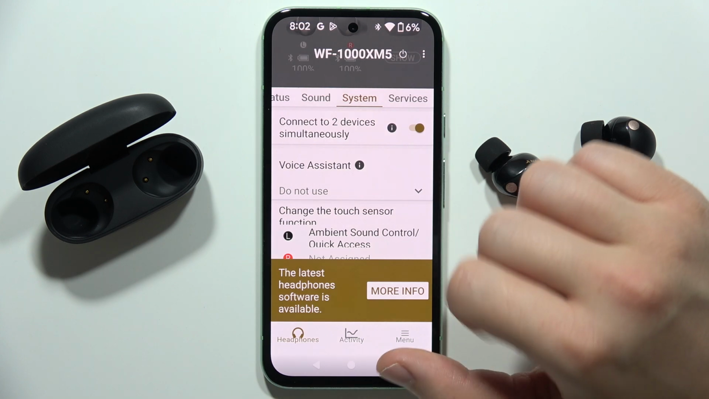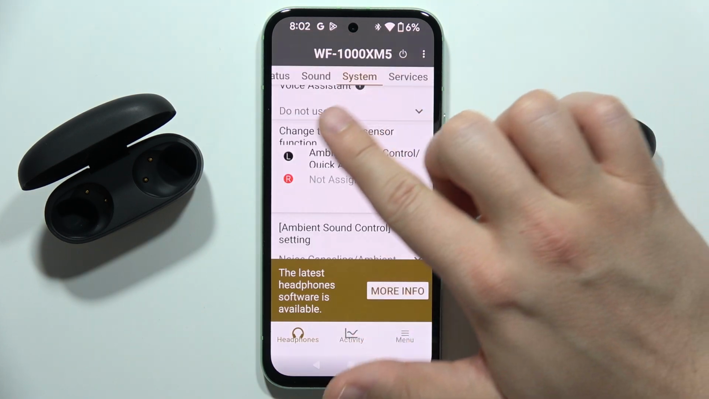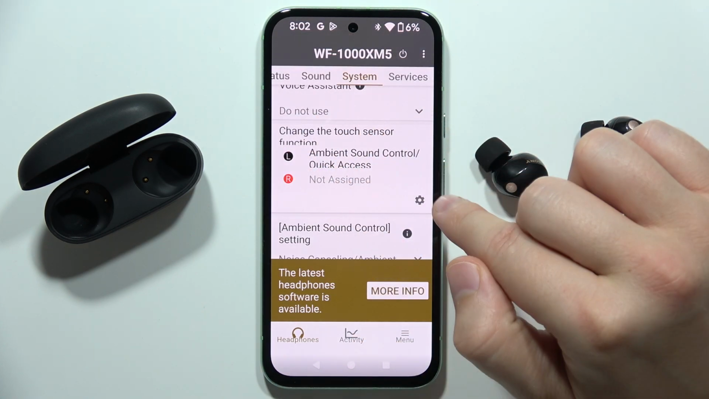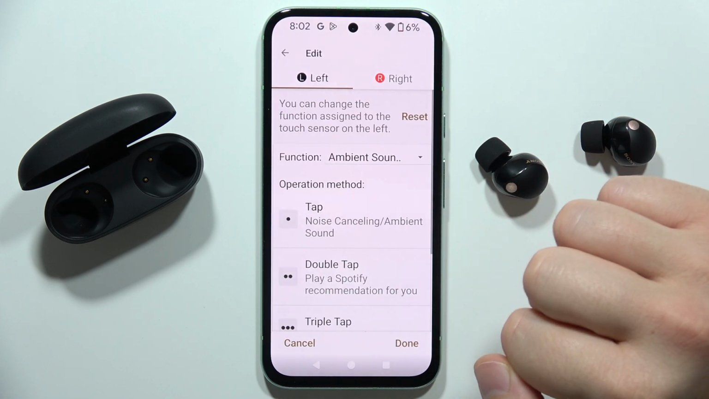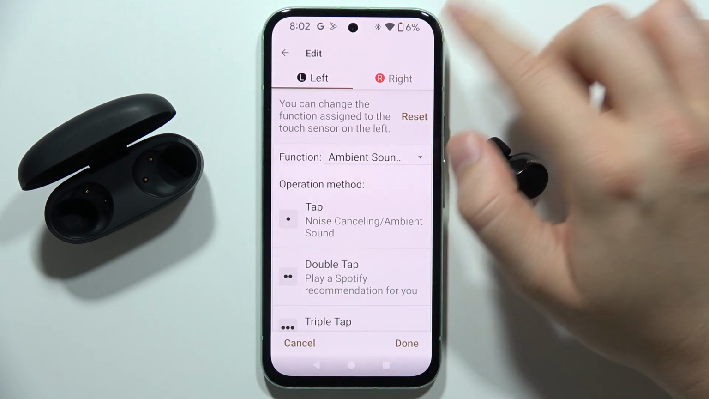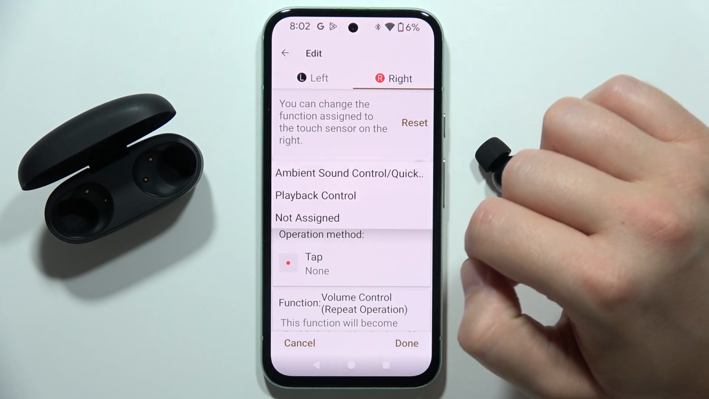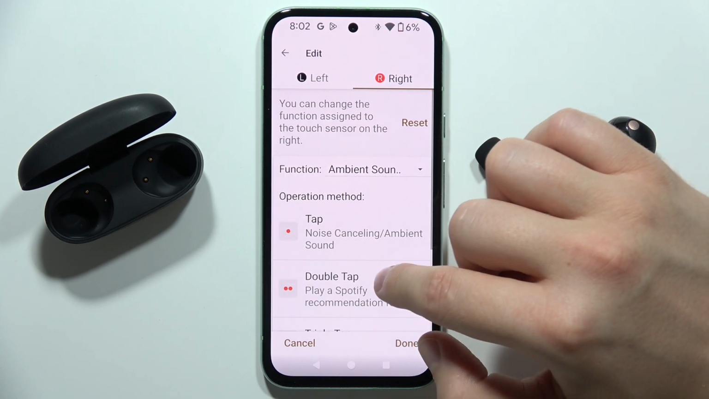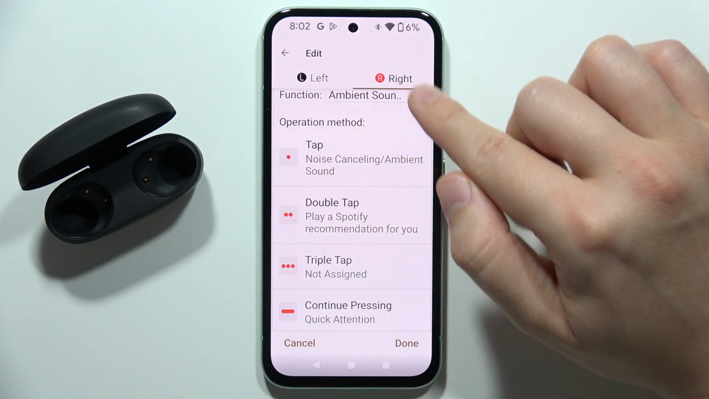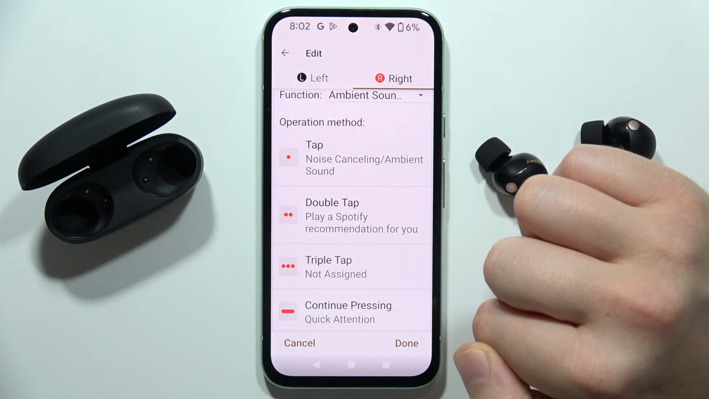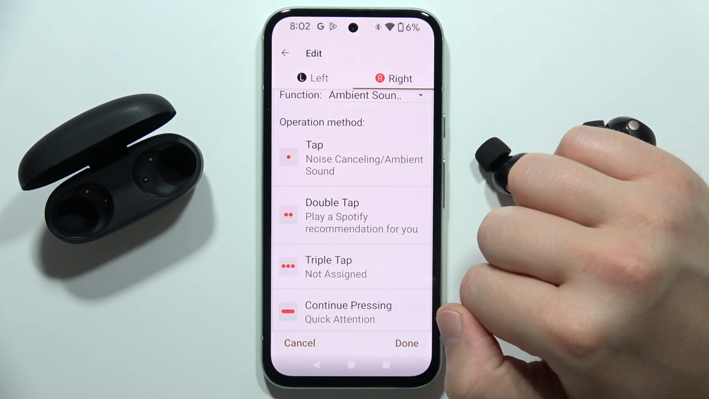And the second way to turn on or off the noise cancellation, you will have to go to System, then move to the Touch Sensor function, click on this settings icon, and now you can change it, for example, on the right earbud. So I can actually turn on the Ambient Sound Control. And as you can see now on the right earbud, for the single tap, I can switch between the noise cancellation mode and the